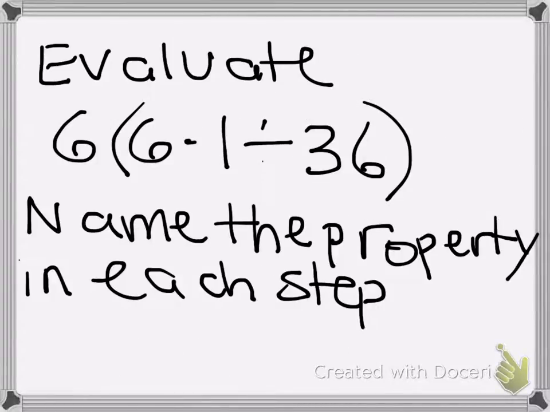This next example, you want to evaluate the expression, but also think of a property that you're using in each step. Whenever they ask you to do this, you always think about how you could solve this easily in your head, while also following order of operations. So we're going to start with the parentheses. We need to do multiplication before division. So we have 6 times 1, which is 6, and 6 divided by 36, which if you write that out,